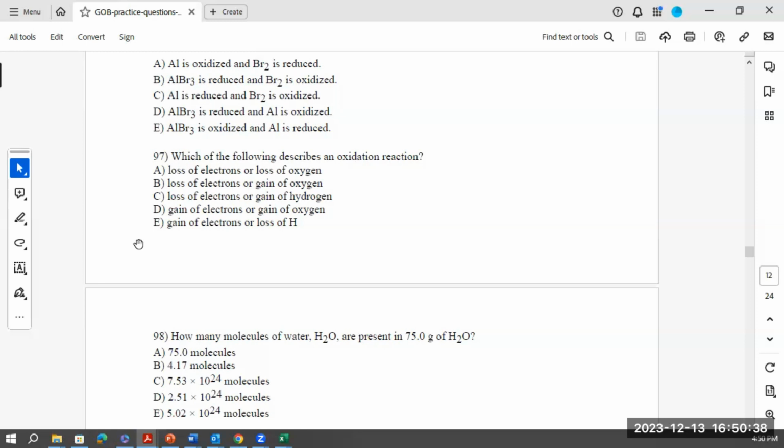E. Gain of electrons, loss of oxygen. B. That's right. B as in boy. That's correct. Because remember, loss of electrons means oxidation, right? And also if you're adding an oxygen to it,